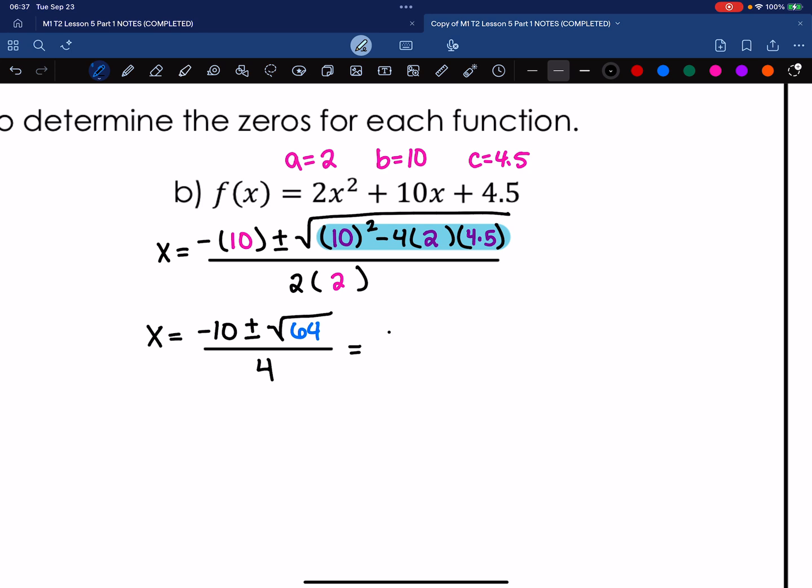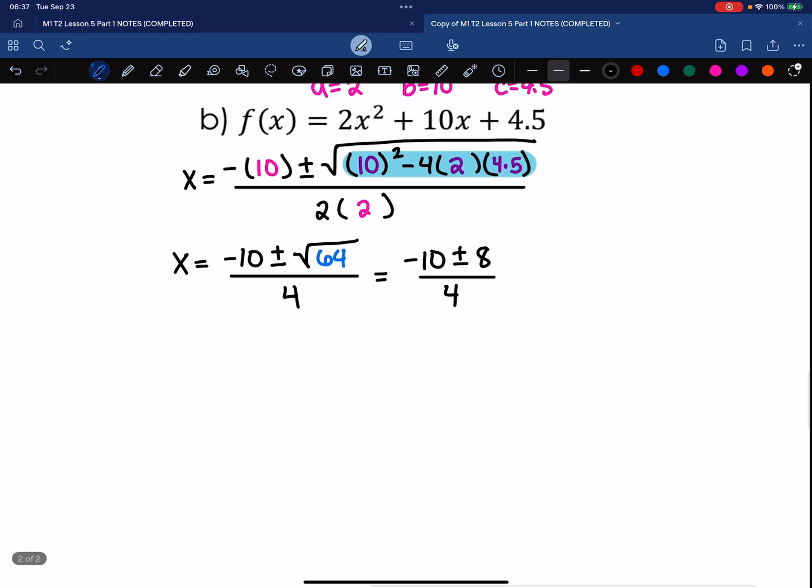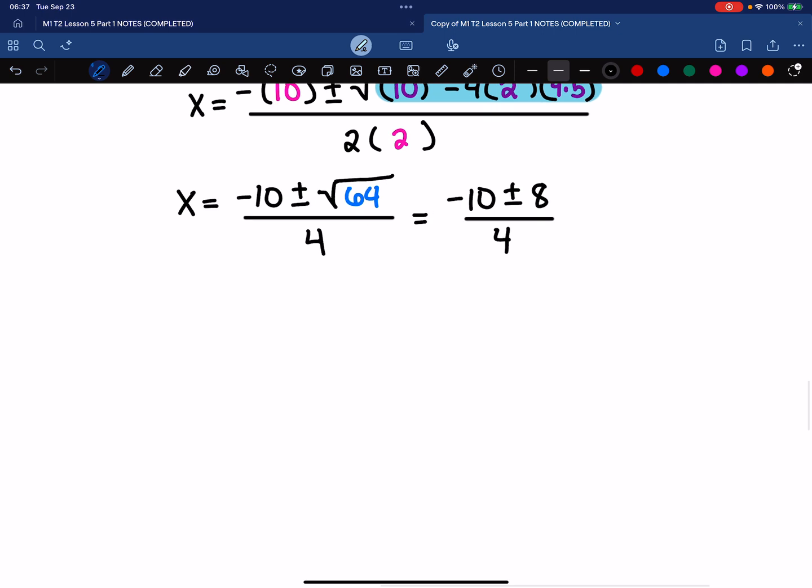So we can simplify this a little bit more. Square root of 64 is 8 all over 4. Now that we have all numbers, we can go ahead and separate this into two separate equations. So negative 10 plus 8 over 4 and negative 10